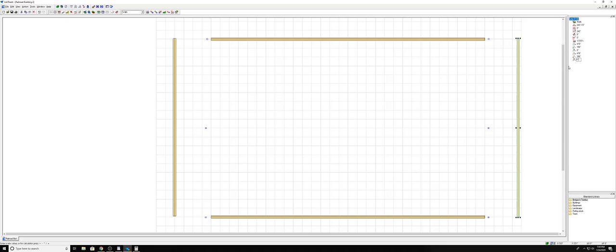8 inch, 8 inch. 8 inch. 8 inch. We'll come over here and go to that one. Go 8 inch and 8 inch. Okay, so now we have all of them. All right. So now what we're going to need to do is